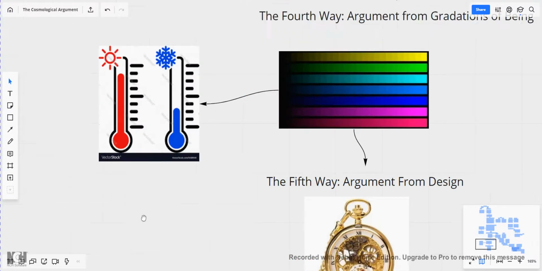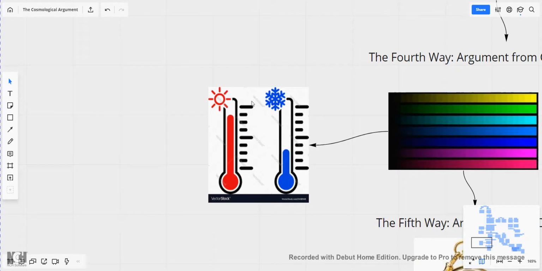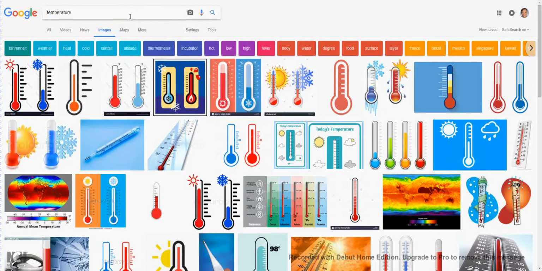Bang. So let's imagine that the very top of this is the absolute most hot thing that could ever be achieved, right? And we can see that this is cold because relative to the hottest thing ever, it's lower when compared to this. So this is approaching or getting closer to the hottest thing ever when compared to the cold. And so we have degrees of things. And what it says is that the cause of making this become hot is the absolute pinnacle, the absolute top. Now, if we think about this in terms of perfection,